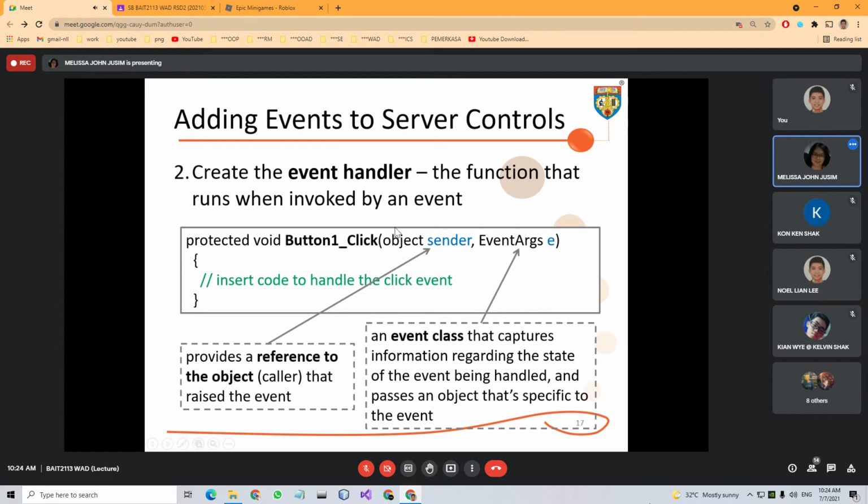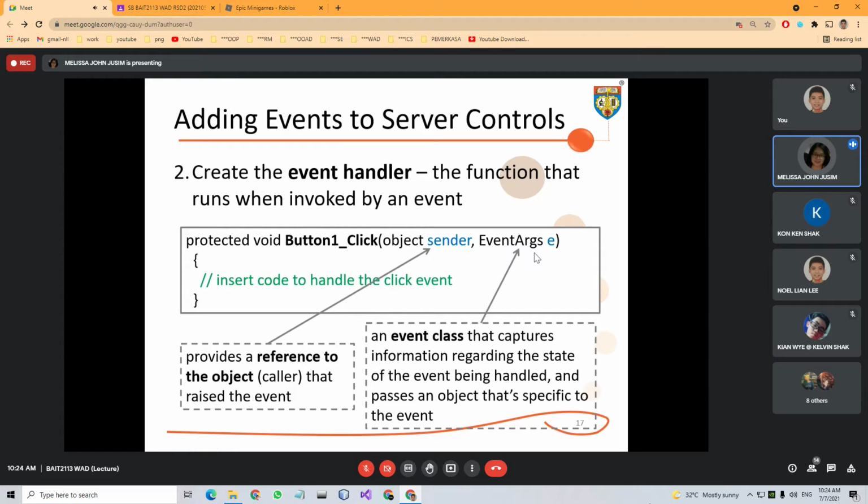Like what I mentioned just now, there are two arguments. The first one, we need this sender object to provide reference to our caller, meaning the sender itself that raised the event. And this second argument shows the event class.